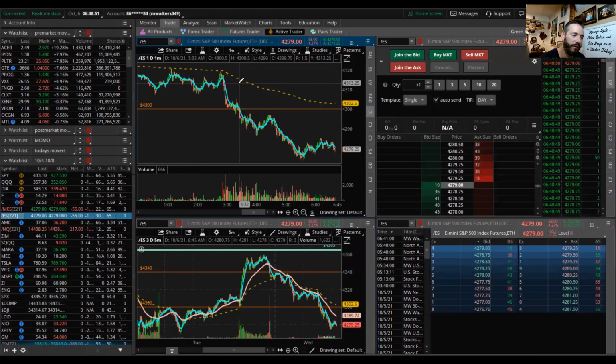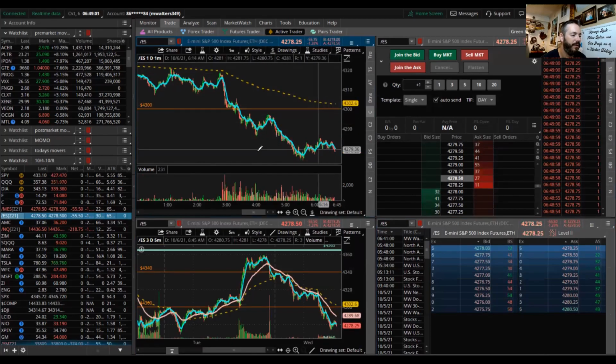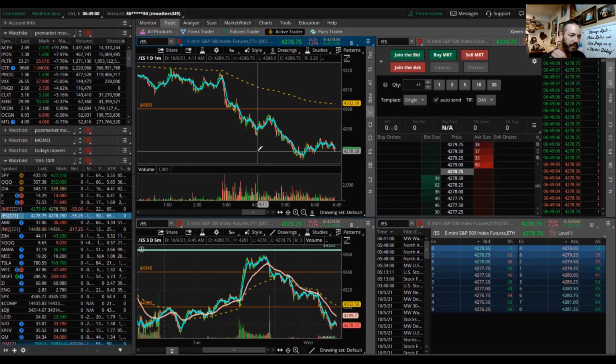So overall, just very bearish on the day. There's no reason to be bullish today. Will we see some bounces? Yes. It never goes down in a straight line. Even on Monday, you saw some bounces along the way. Those were your opportunities to take advantage of those bear flags and get in on the bounce and then ride the next wave down. That's going to be part of my thesis today.